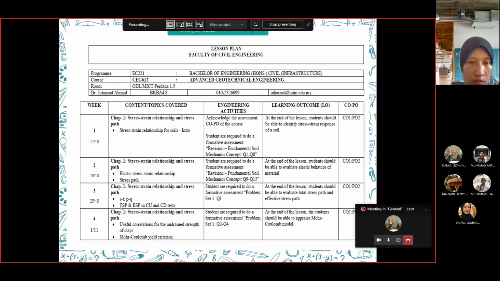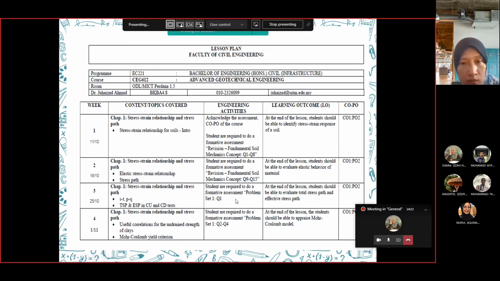And the next one is the STP, total stress path, and effective stress path in CU and CD. I think that CU and CD you have already heard in a previous course, and you can map or look at this one. Each week will give you